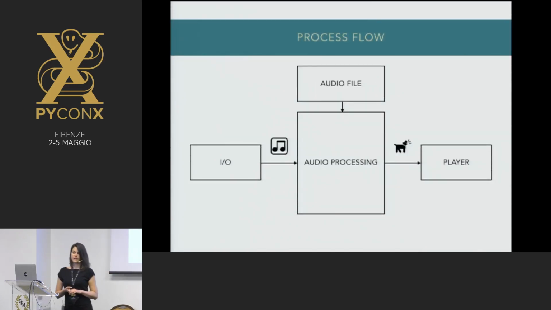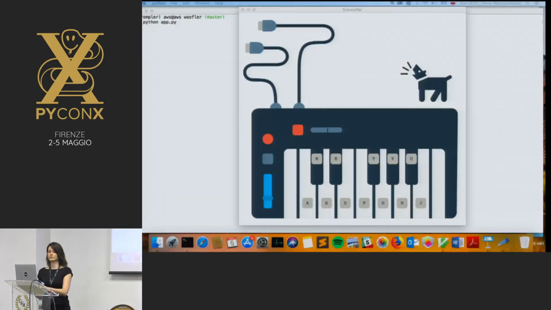Then it passes that MIDI note onto the audio processing unit, which has to prepare the sound to be played by the player. So the audio processing unit is responsible for two major things, meaning it has to know how to read an audio file and store it, and then figure out how to change the pitch of the sound. So by changing the pitch of the sound, I mean, remember